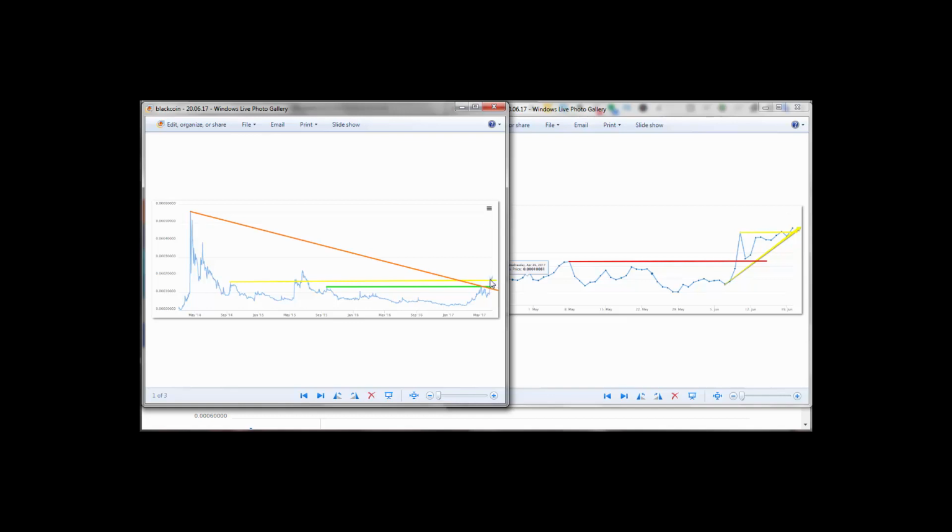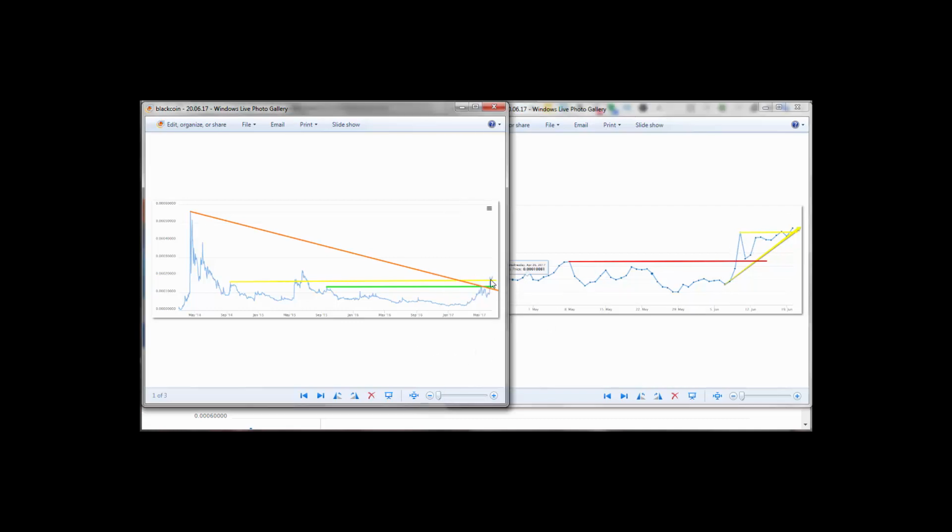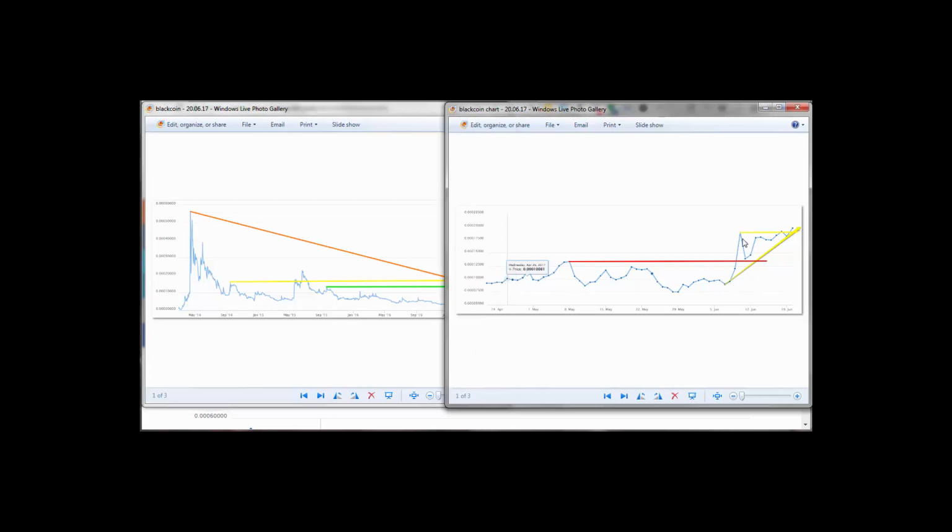So here I'm trying to see, because this is 2014 up to 2017, so I'm going to try and dissect this to 1 month and see where this is right now. So I've done that in this chart. This is a 1 month or 3 months chart. This yellow bit is where that little flag is. You can see right here. So that's where it is right now.